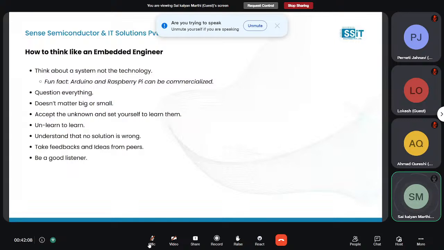Then question everything, whatever you see. That's what is lacking in students, and even in myself as a student, I was lacking questioning. Now, after coming to the industry in my first job, I started learning that questioning is important for everything. There are a few scenarios where we get a question but we are hesitating to ask it. I came across scenarios where I thought maybe this question is immaterial,